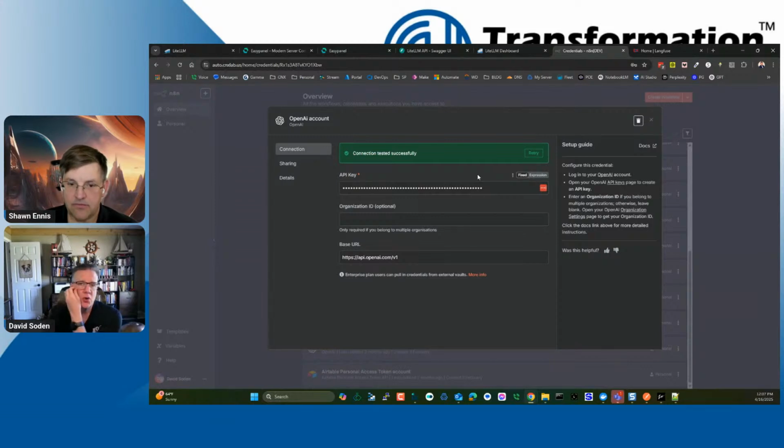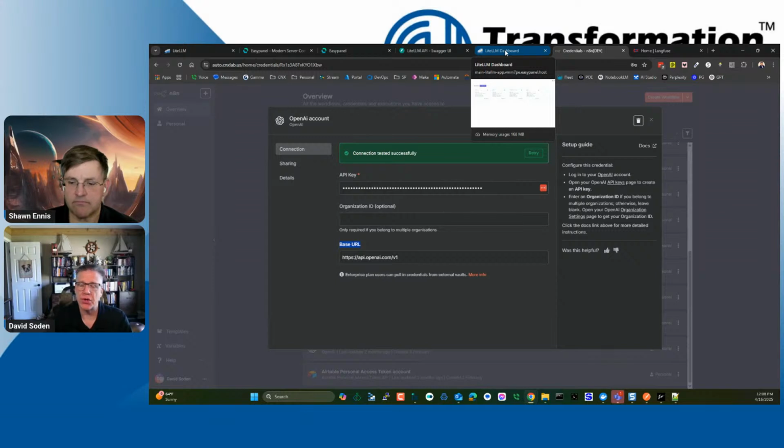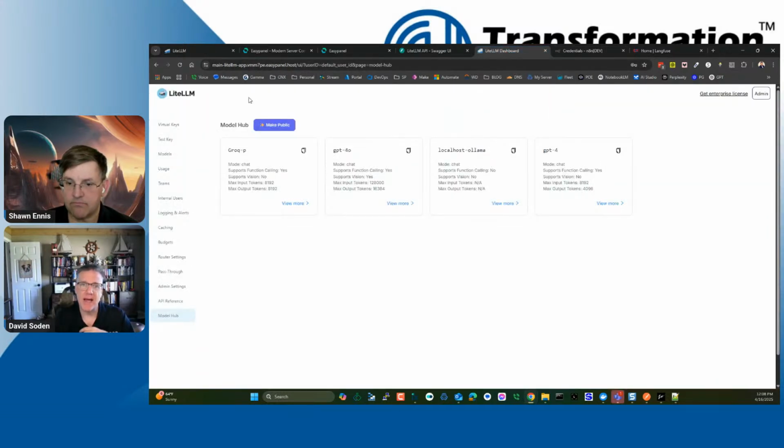And so in N8N, you go in here, you configure an API key, and this is where most applications stop right there. It's like, does it work with OpenAI? Yes. Can I put in my own API key? Yes. And so you do that. You go to OpenAI, you go on the back end, you generate an API key, and you plug it in. Well, where software companies are getting a little bit more modernized and ahead of the game is they're using this thing called a base URL in addition to an API key. And this opens the door for people, or customers, to use things like this LightLLM,